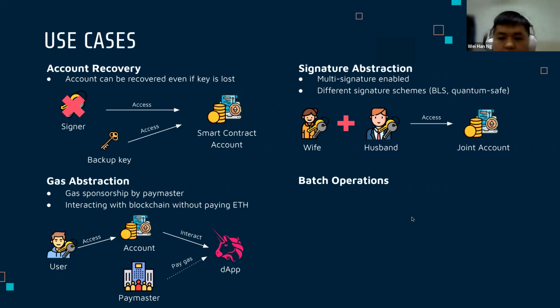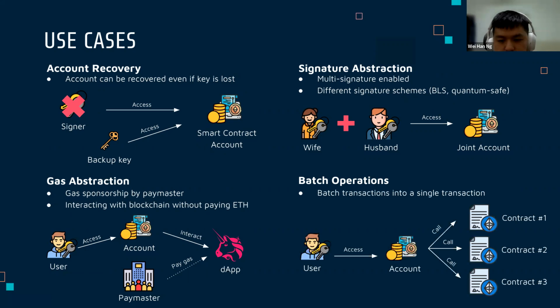Yeah, let's say. And lastly, we have batch operations. Batch operation is just batching transactions into a single transaction. I guess it exists in UA as well. But in this case, this is also one of the use cases for account abstraction. Coming back to batch operations, you have a user that can access an account, and this account can do multi-calls, basically calling multiple contracts at the same time. So if I were to give an example,